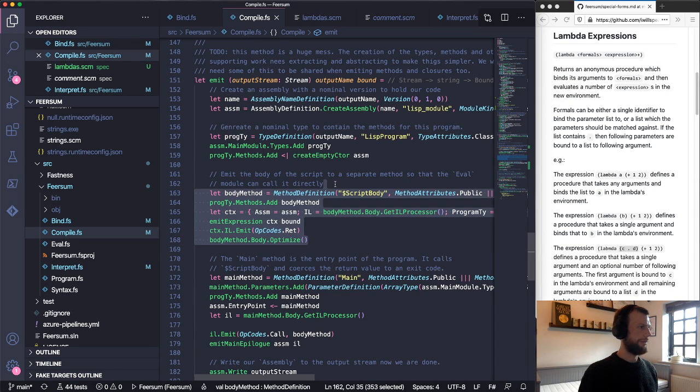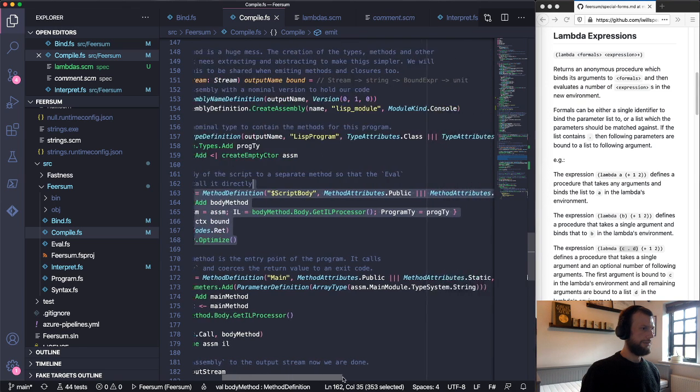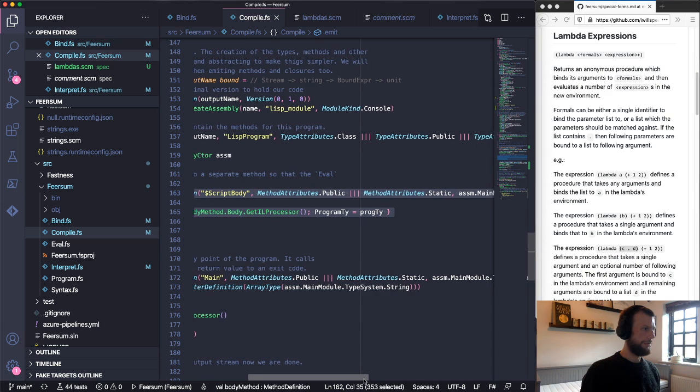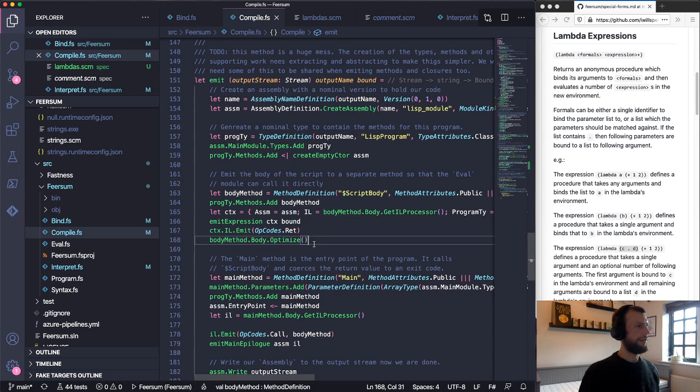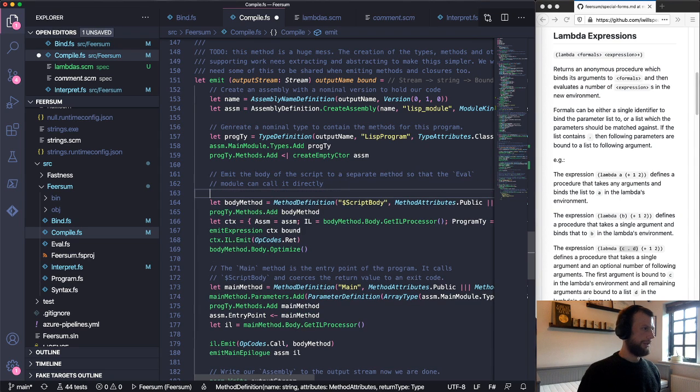We can change this to be returning a. So down here, the main method wants to call the body method. So we need to have a reference to that. So I think what we want is something that looks a little bit like let